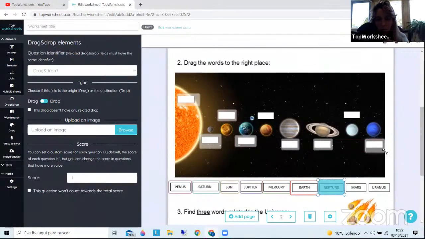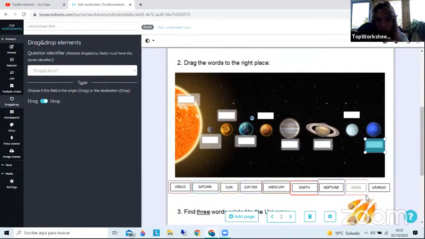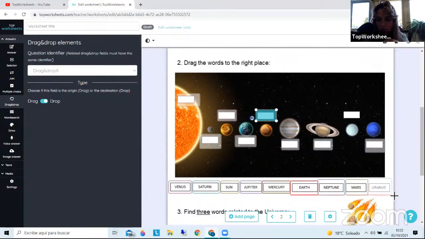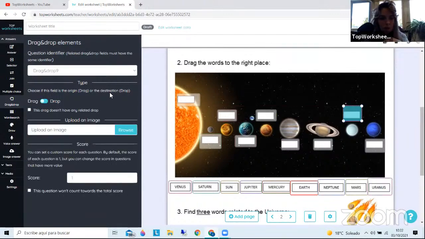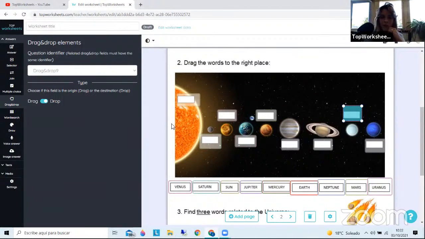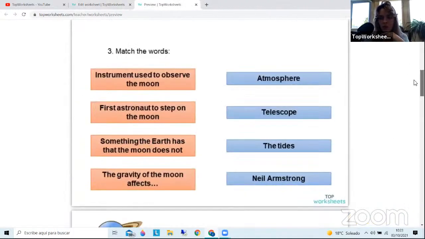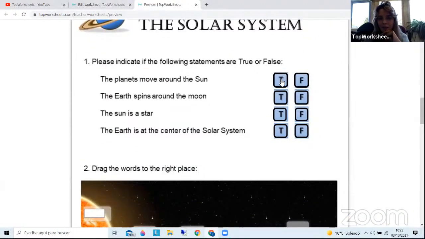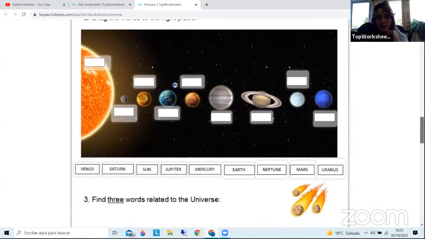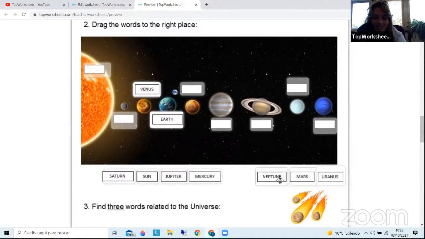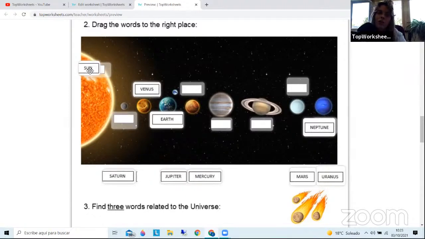Neptune drag, Neptune drop, Mars drag and drop here, and Uranus drag, Uranus drop. And the drag and drop will have been done. If we preview it again, like a student, you can see, well, the previous one, the student just will have to click on the correct answer. And here, look, easy and interactive. They will just have to pick and drop. Okay,